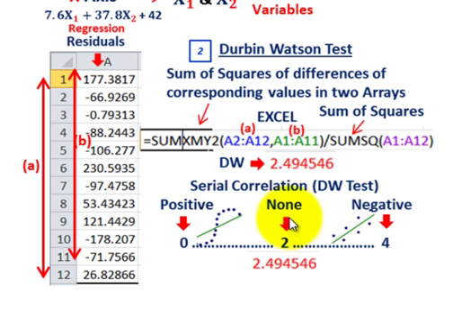So that's telling us that we really don't have any serial correlation, either positive or negative. Actually, we do have a little bit on the negative side, but it's very close to 2. So the key is, with these 2 tests, the Durbin-Watson test and our correlation matrix, we can determine that the 2 different independent variables, x1 and x2, are both contributing to defining our y dependent value. Through these correlation tests, both serial correlation and the correlation matrix, we're able to say that yes,